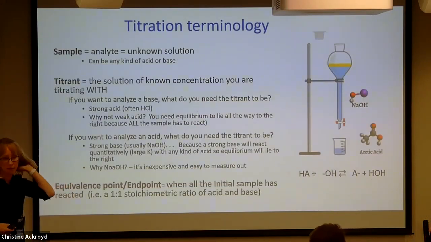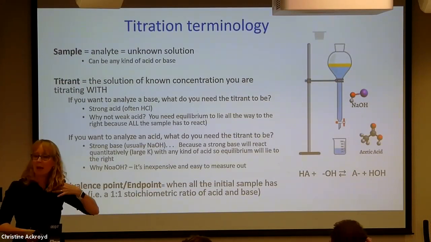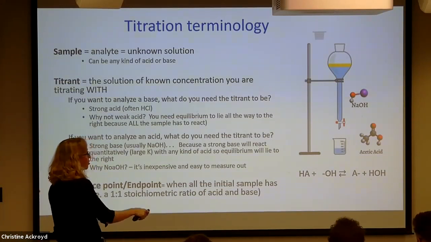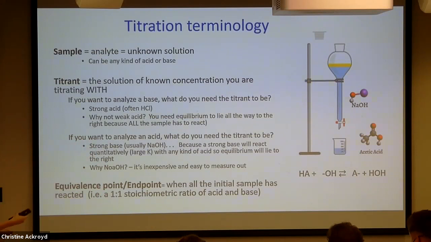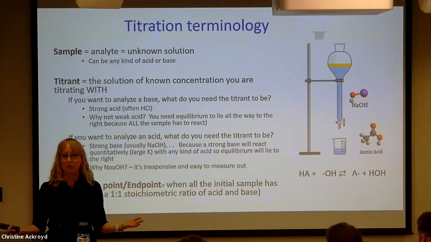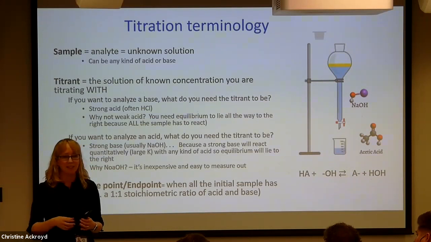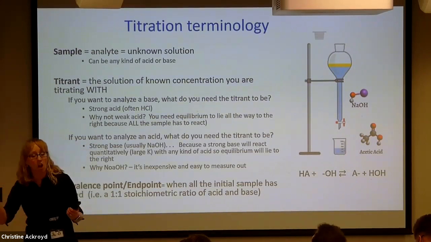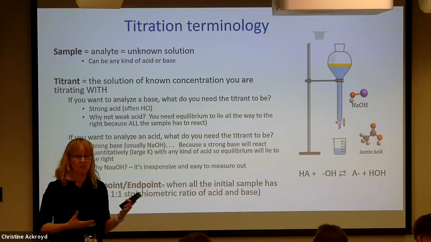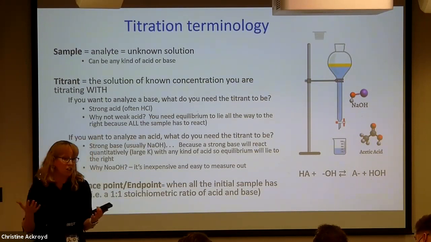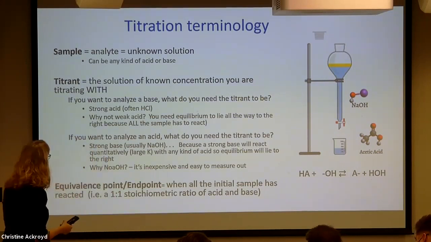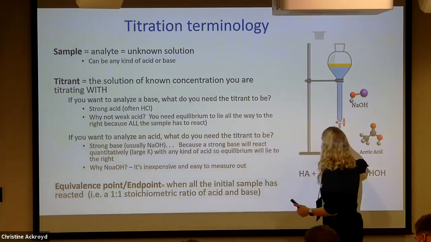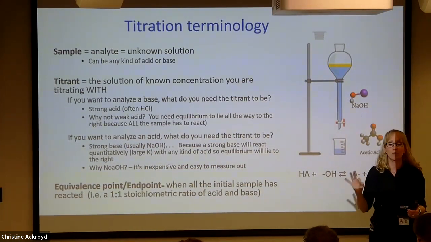Okay, language here. In the titration, what we call the sample typically is a solution that we don't know the concentration of. And usually that's what you're dropping your titrant into. Sometimes the sample is called the analyte. You can recognize the sample in a problem because you don't know how many moles of it you have. So often they'll tell you the volume, but not the concentration, because concentration is what I'm trying to figure out. They could tell you concentration, but not volume. That works too. Okay, the titrant is the solution that you're going to drop in to make the reaction happen. Typically what's in the burette. In a problem, how do you recognize the titrant?